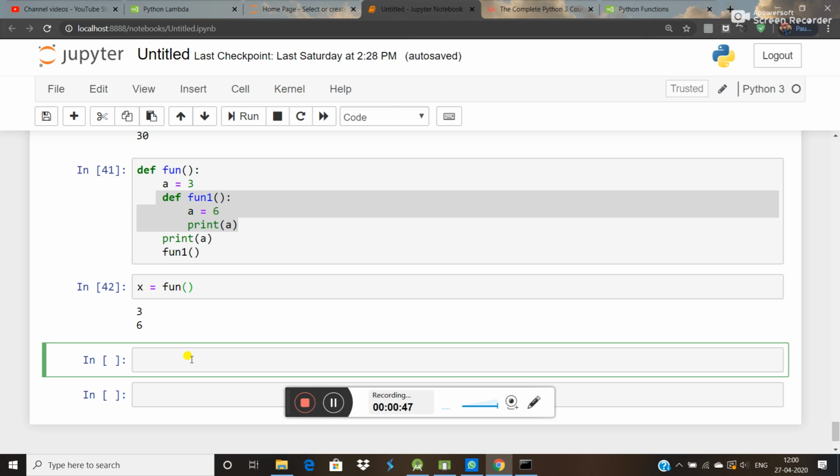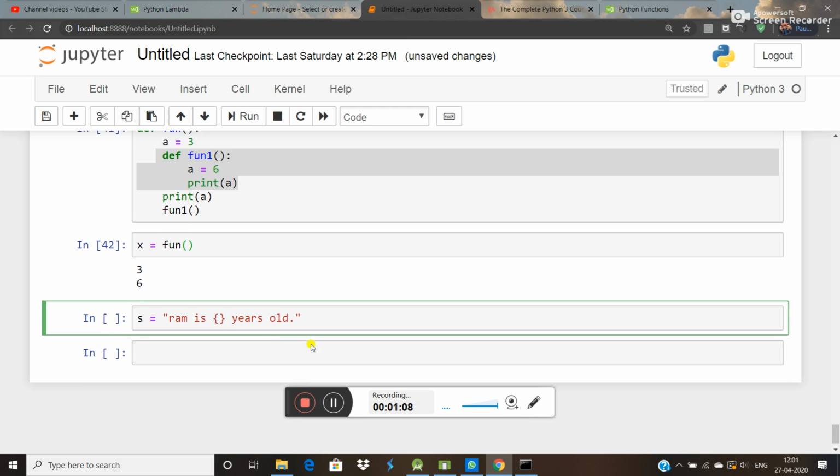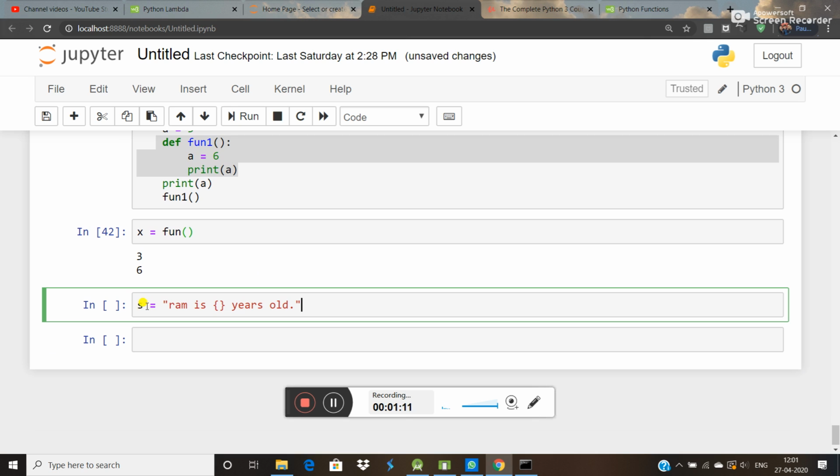So now if you have a string like "ram is ... years old", and you want to give a value there, like ram is 20, ram is 24.